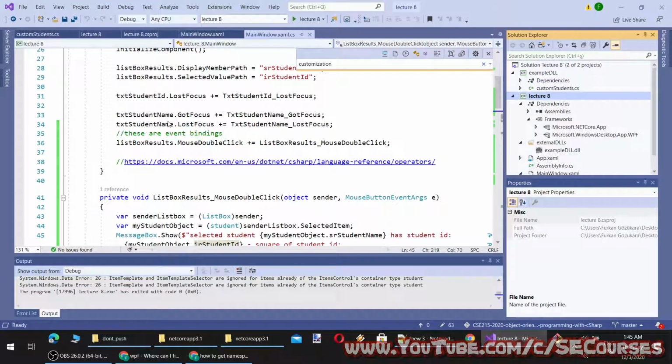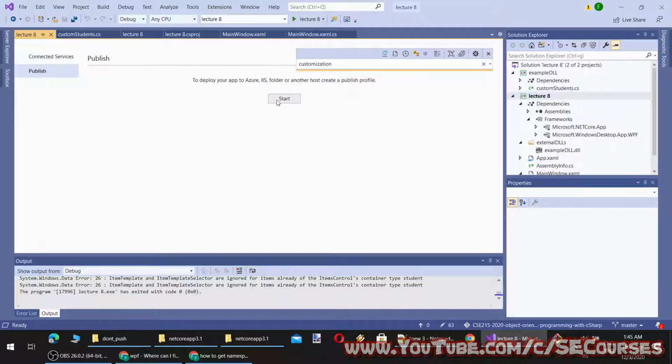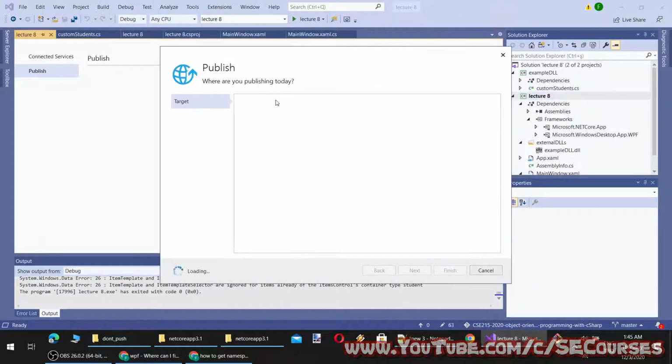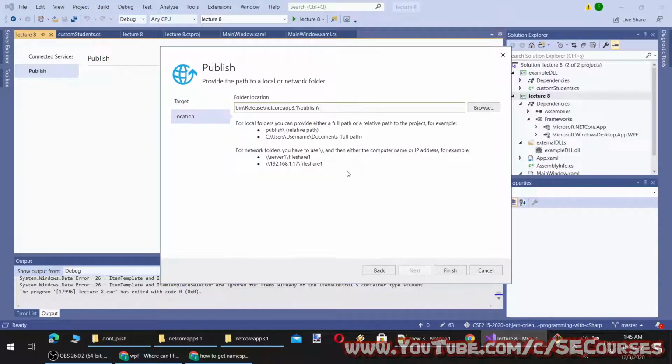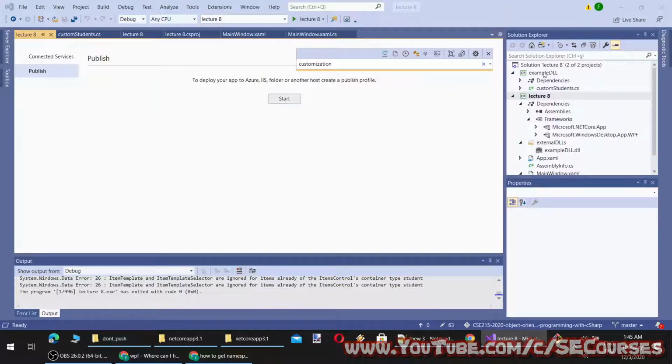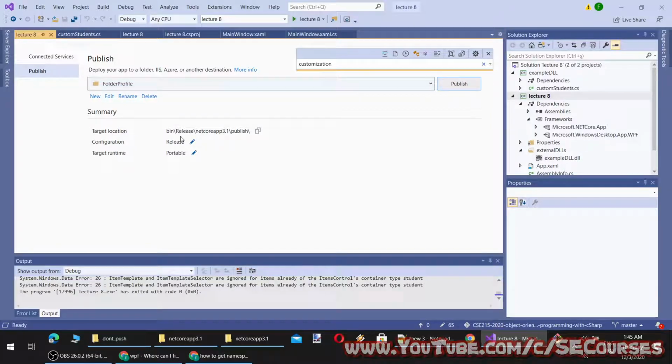Okay, there's publish, and let's try the publish method. Target, okay, target folder, and you see you can publish it into here. Let's finish it out. Okay, and let's publish release.